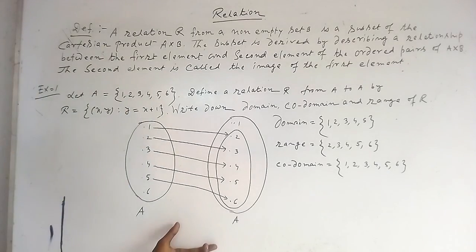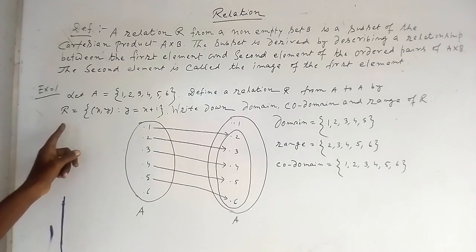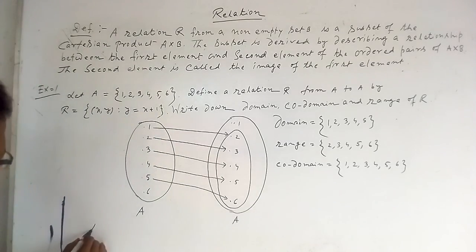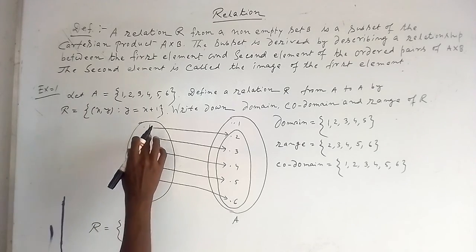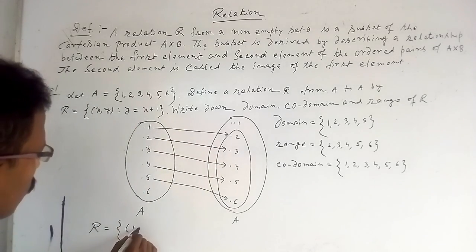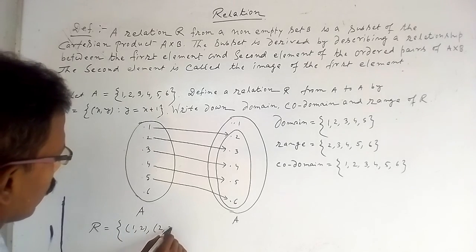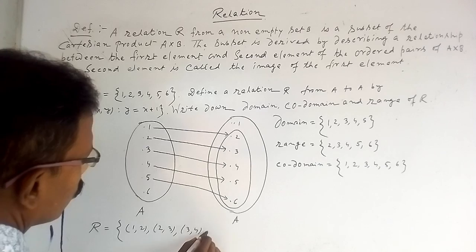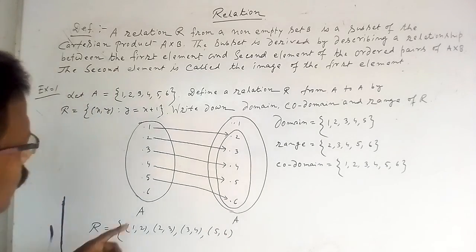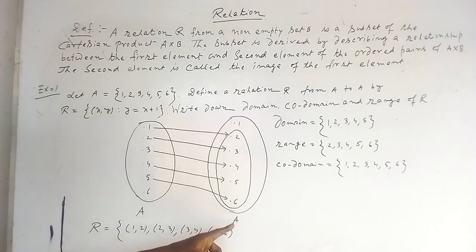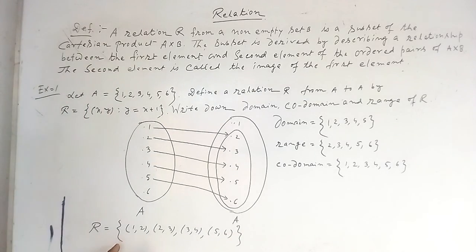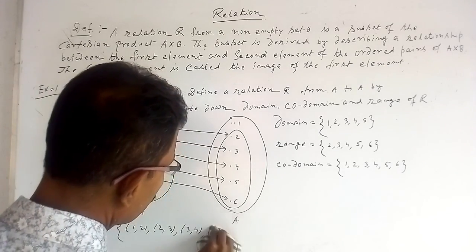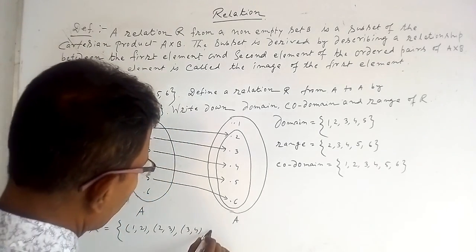Now if you write R, the relation in ordered pairs, that is in the form (x, y): first (1, 2), (2, 3), (3, 4), (4, 5), (5, 6). For 6 we would need 7, but there is no 7, therefore 6 is not included in the domain set. I forgot to write (4, 5) at first, so that is (4, 5) and (5, 6).